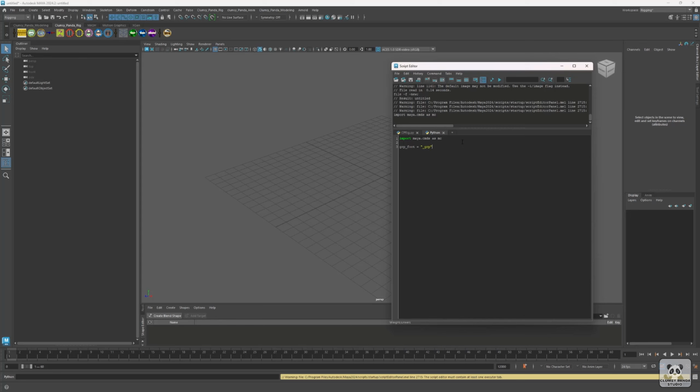So now if I go ahead and create a group, let's just say group, and I'll create two groups, so it makes it easier for you to understand this. So we'll create two groups. So let's just say group GRP. It's still going to be the foot, but it's going to be the offset foot. So let's go ahead and create the offset foot,